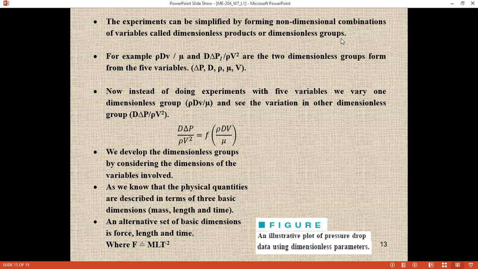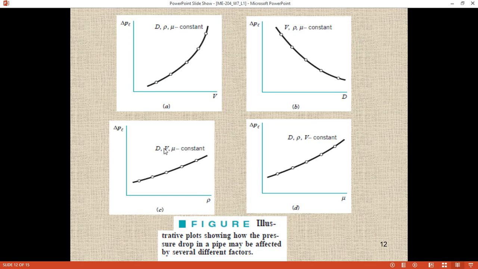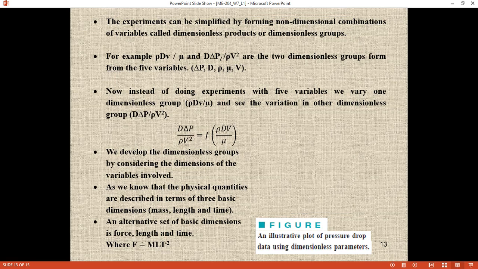So this is the power of dimensionless numbers. We can avoid such big experiments and use dimensionless groups or numbers that can provide you the value of pressure drop for any diameter, any velocity, any density or any viscosity. For example, these are the two dimensionless groups we form with the variables we have previously considered. By using the dimensional analysis technique, we develop two dimensionless groups from